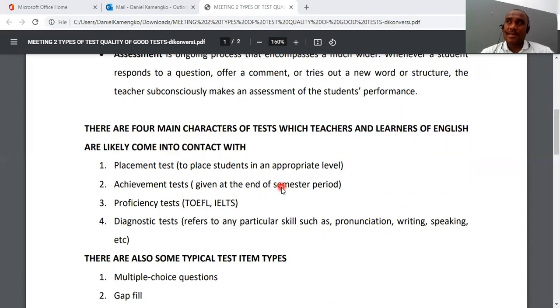Imagine, guys, you're going to follow an English course, for example, and you don't know what level you're going to go to, and you have to take the placement test. After the placement test, and you got the score, the teachers will say, okay, you go to level A, or level B, or C, or D, right? So that's a placement test.